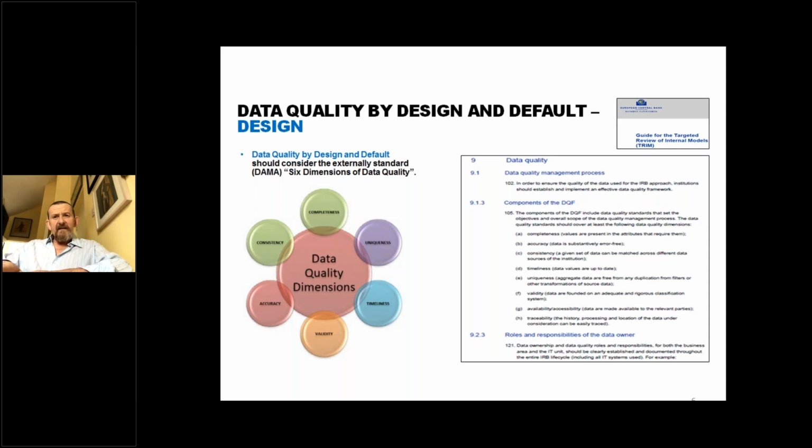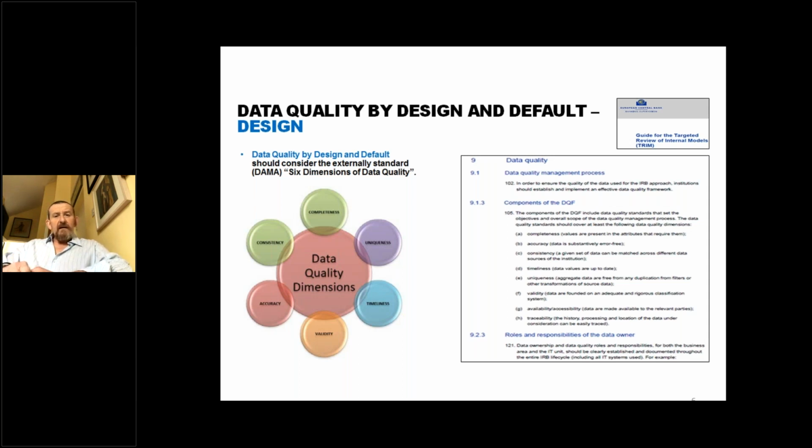And you only will get these if you design them in. These won't happen by accident. These won't happen after the fact. You've got to build these into your processes, build these into your data ownership governance model. These sort of metrics are demanded, okay? And as it happens, those metrics, there's 8 of them listed out there.